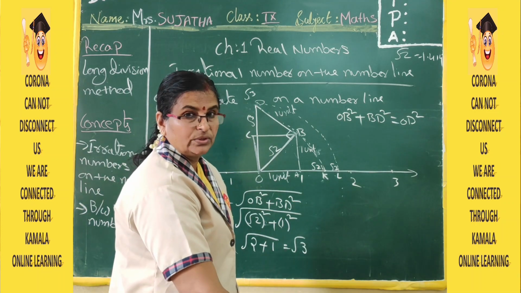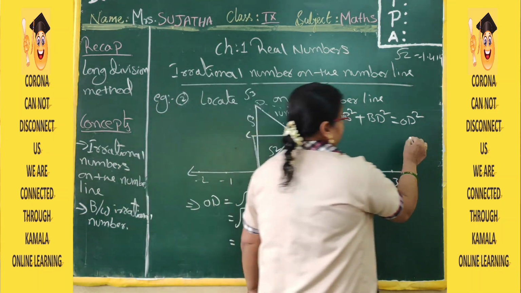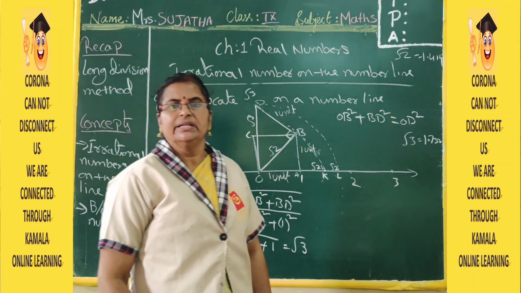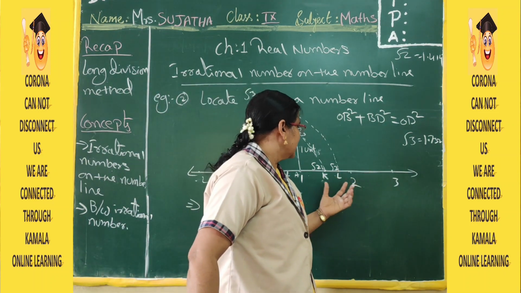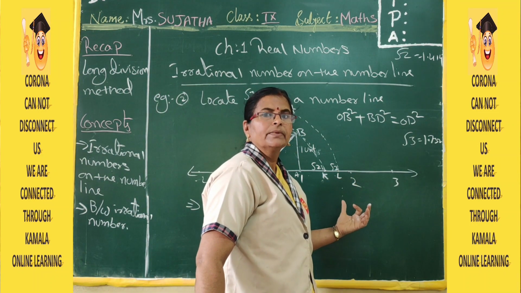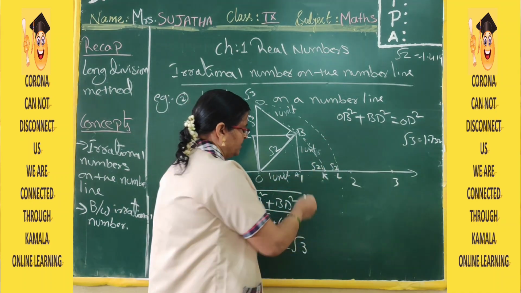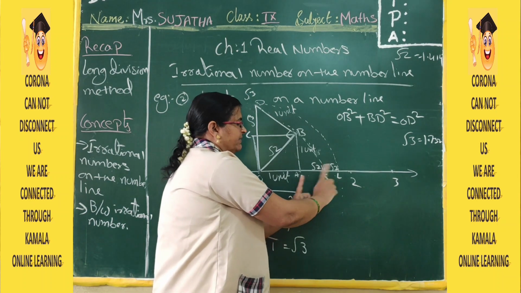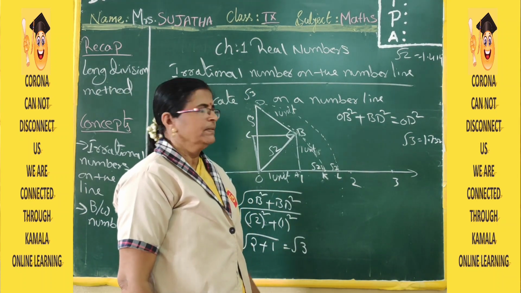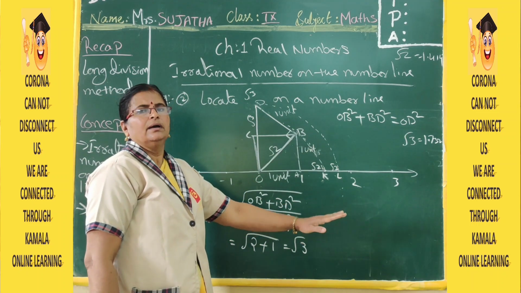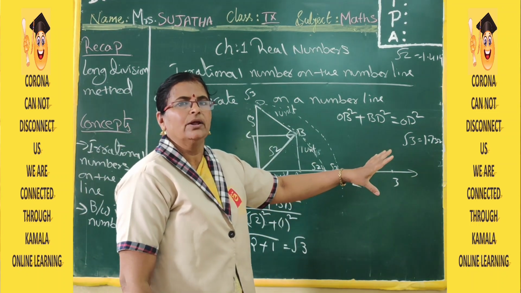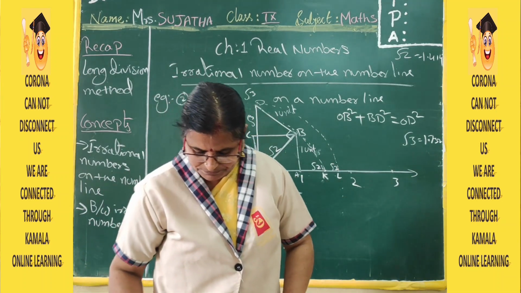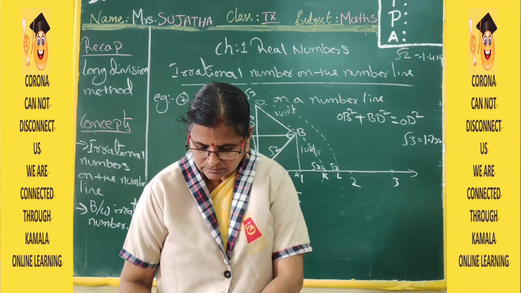Then what is the value of √3? √3 is nothing but 1.732. So 1.732 lies between 1 and 2. That's why, see, if you observe, this is 1, this is 2. This K and L both lie on the number line between 1 and 2 only. Understood now? So, like this, you can draw any given irrational number on the number line. Okay? I hope all understood.